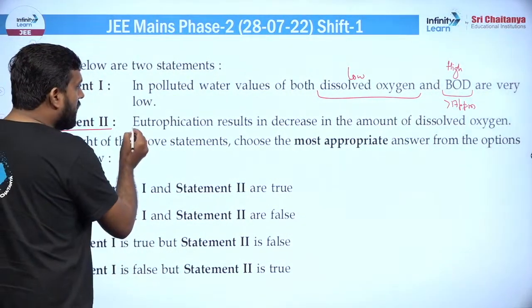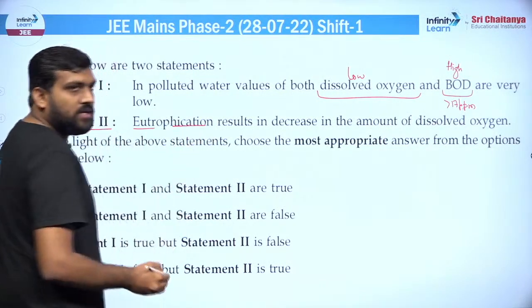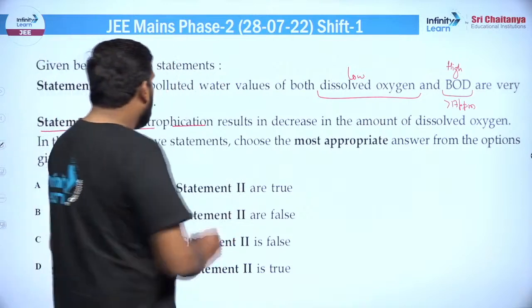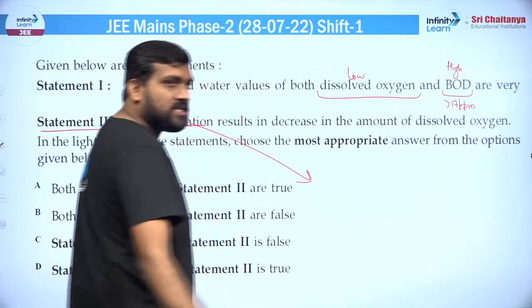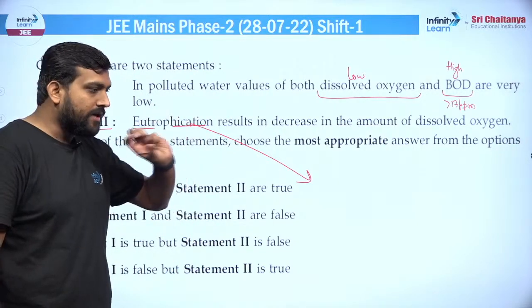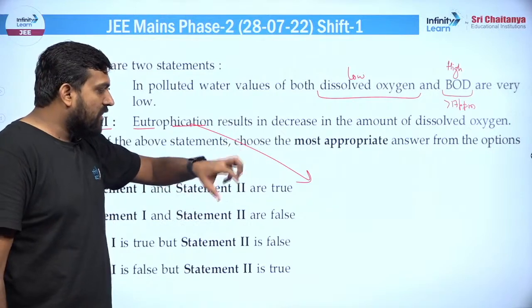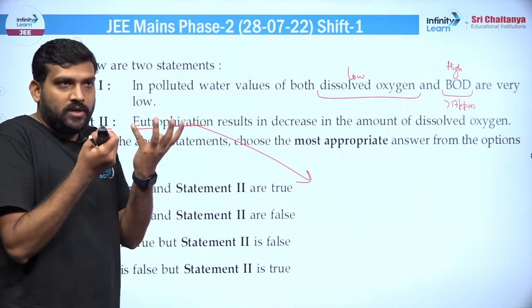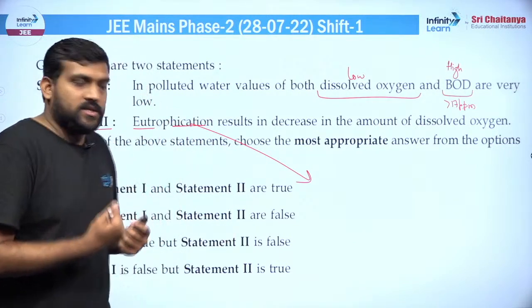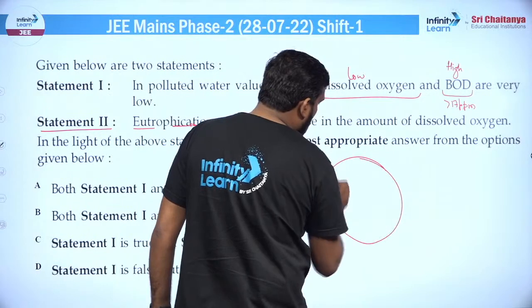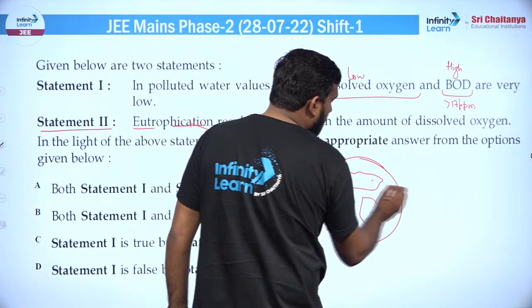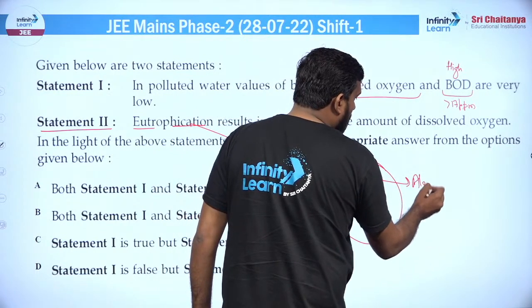स्टेटमेंट नंबर 2 की बात करते हैं: यूट्रोफिकेशन रिजल्ट्स इन द डिक्रीज इन द अमाउंट ऑफ डिसॉल्व्ड ऑक्सीजन। बिल्कुल सही है। यूट्रोफिकेशन क्या होता है, ड्यू टू एक्सेस, जैसे अगर हम खेती करते हैं तो फर्टिलाइजर्स यूज करते हैं, वो पानी में जाते हैं, और जब वो पानी में जाते हैं तो अमाउंट ऑफ न्यूट्रिएंट्स इंक्रीज कर देते हैं। तो उस पानी के अंदर बहुत सारे एल्गेस और फाइटोप्लैंक्टन्स का ग्रोथ हो जाता है, ठीक है।